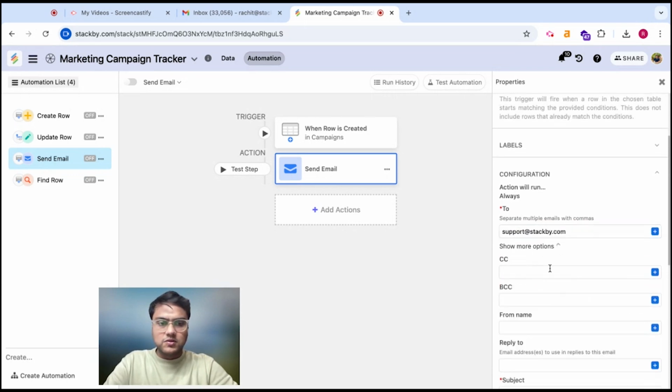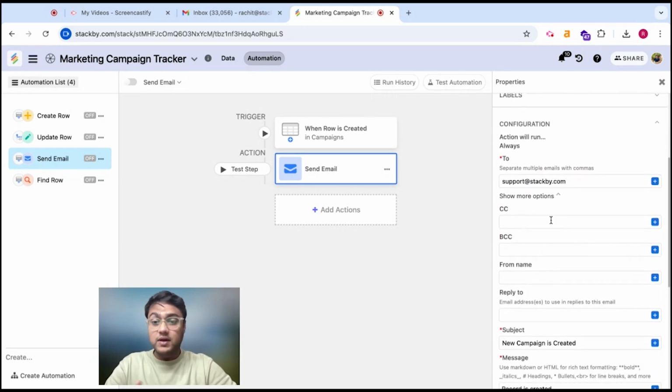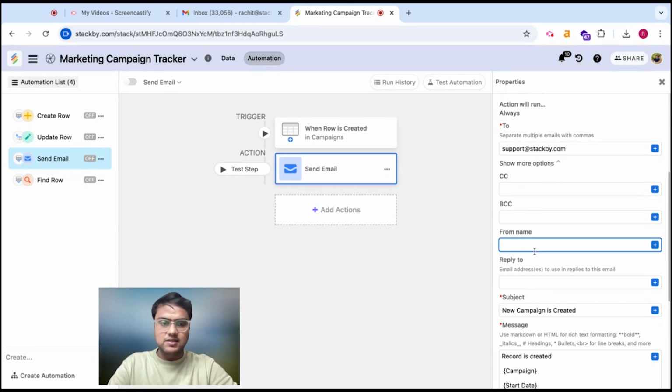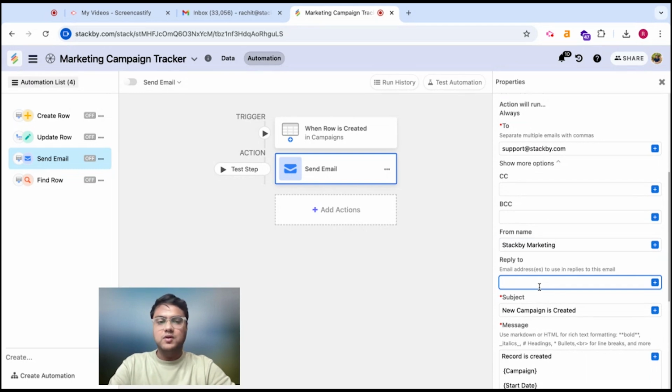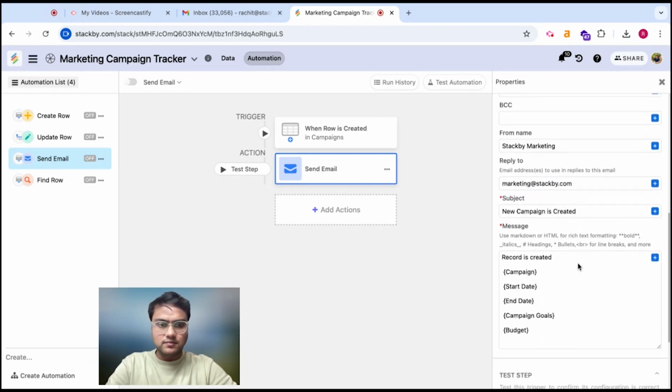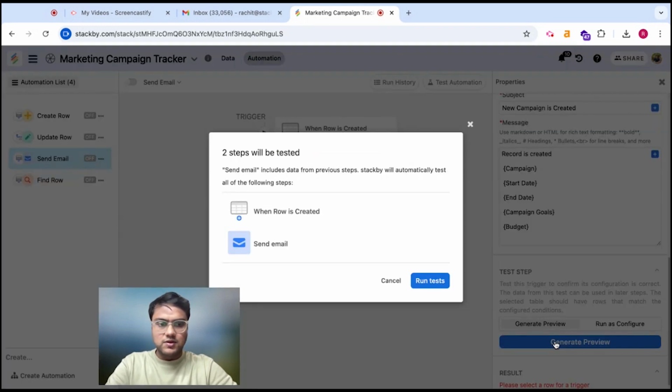And here you can also basically CC it to any of your team members, or BCC, or even change the from name, call it, say, Stackby marketing. And you can even change the reply to email address to a different email address. Let's say you want to reply to marketing@stackby.com. So I can then generate a preview,